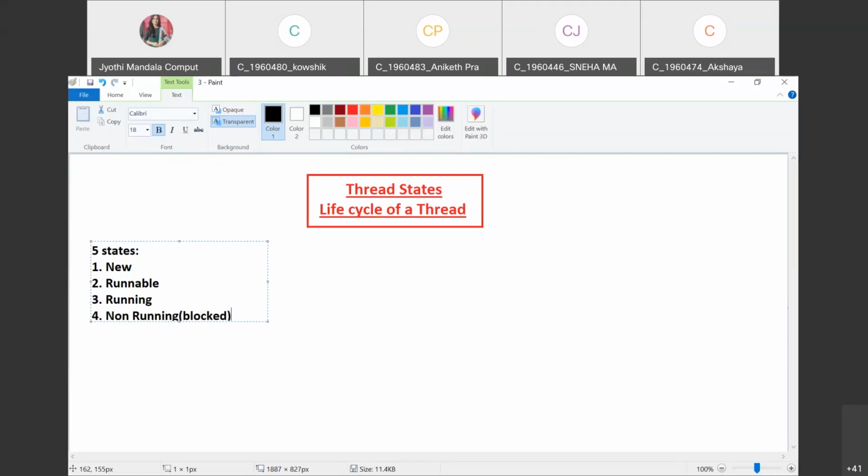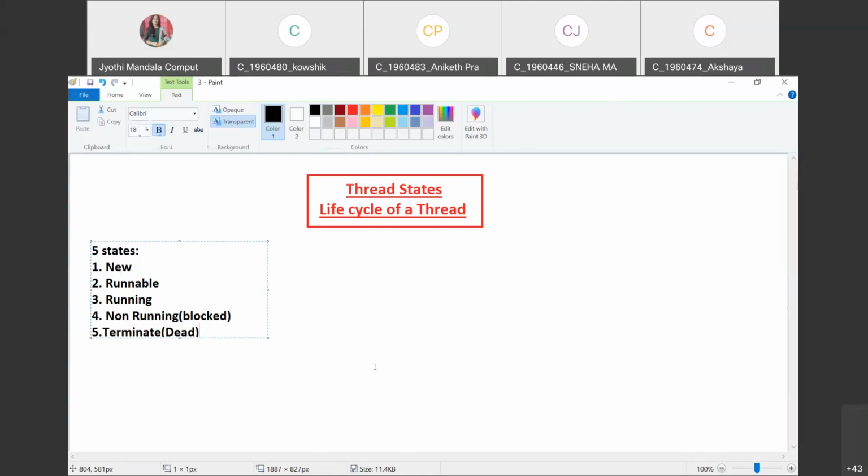I think while learning your operating system subject, you might have seen these states for a process, right? The fifth state is terminate, or you can also call it the dead state. Okay. So these are the 5 states we have as part of thread states. Whenever you are taking any thread, that thread can be in one of these 5 states. Let us see what these 5 states are with a simple example.